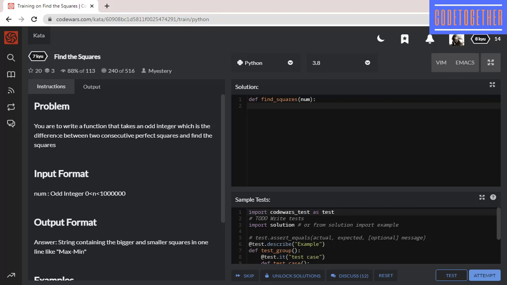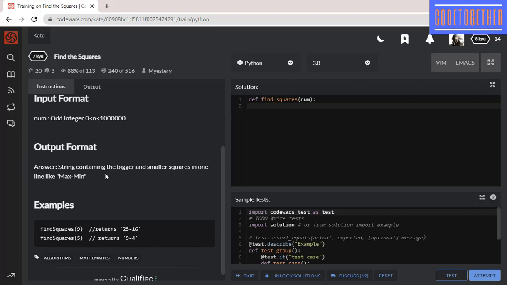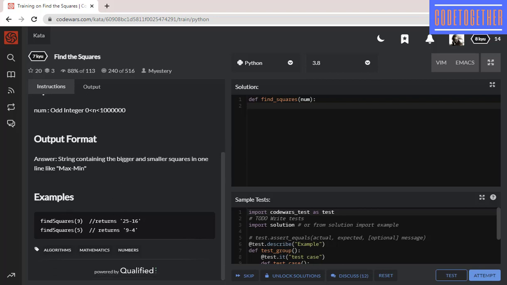Like always, you write a function that takes an odd integer, which is the difference between two consecutive perfect squares, and find the squares. Input format: odd integer. Output: a string containing the bigger and smaller squares in one line, like maximum. So we have to write a function which takes an integer as an input, for example 9, and returns this string. This string consists of 25 and 16,